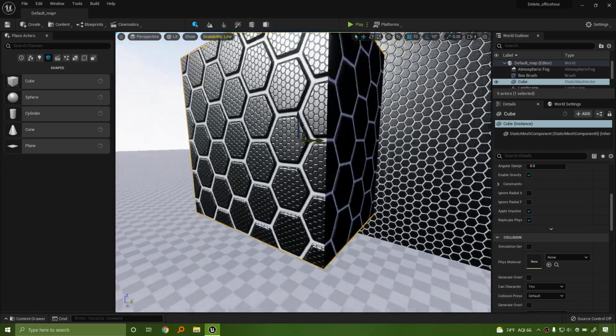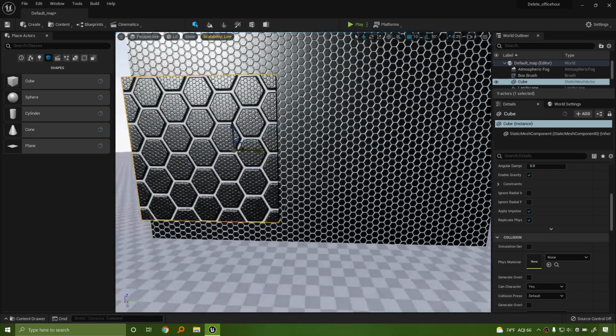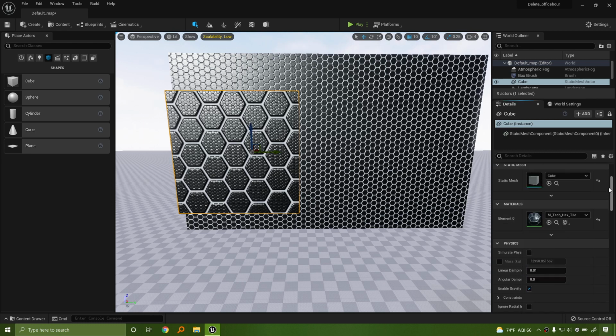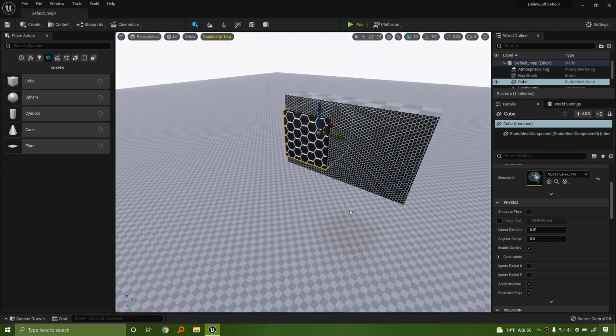Does everybody see the difference between how it works on the brush versus how it works on a polygon? This is why brushes are predominantly used for what we want to do today, which is gray boxing. Gray boxing, or our grand space, don't be intimidated by the name, is really about using brushes. I generally don't scale them, but using brushes to create large regions of play space so that I can prototype a game very quickly. I'm going to go ahead and do a quick example of that now.